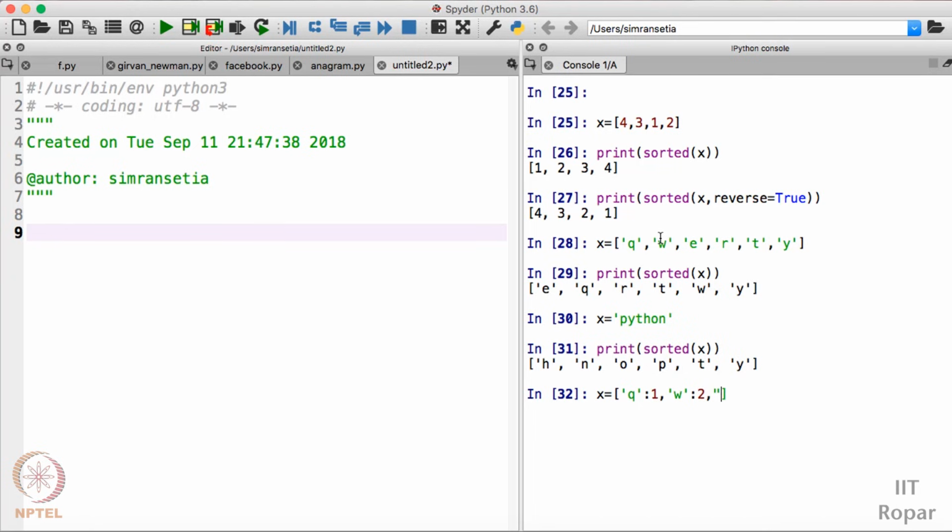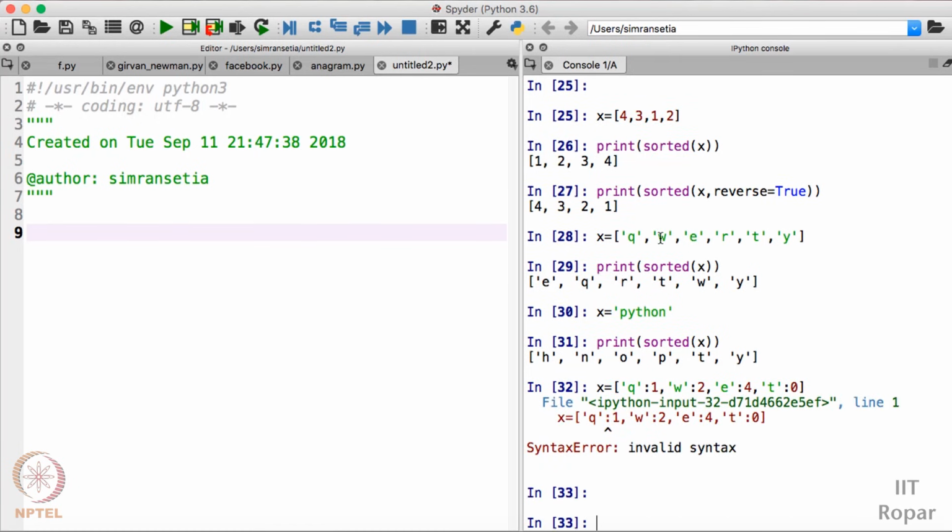And then I have E, for example, and its value is 3. Let's take one more value, for example 4, and then I'll take T here. Its value is 0. So we have invalid syntax here.